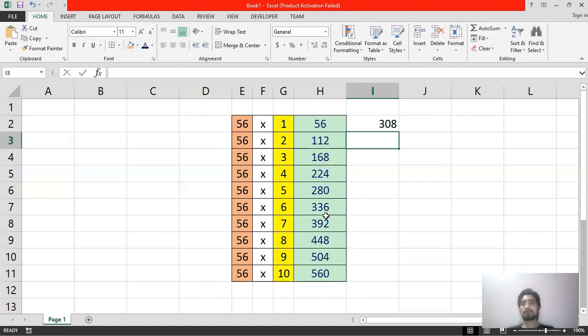So like this, you can even use the AutoSum function for doing different calculations, or you can write the formulas manually. So that's why Excel is a very flexible tool for doing calculations and maintaining the data in the form of rows and columns. And that's why this is mostly used for doing worksheet based works, or you can say spreadsheet based works.